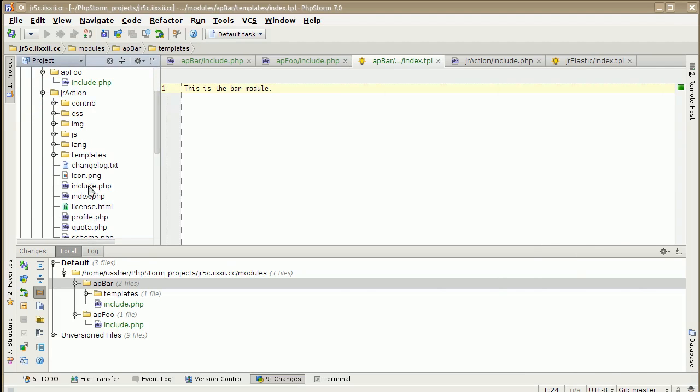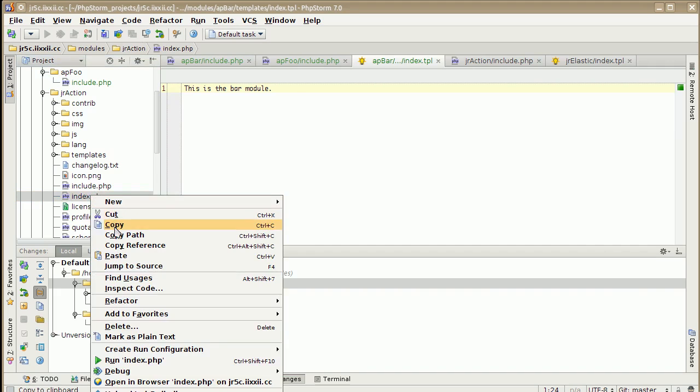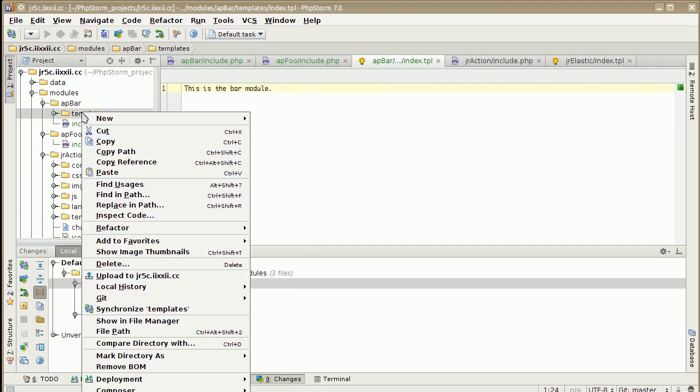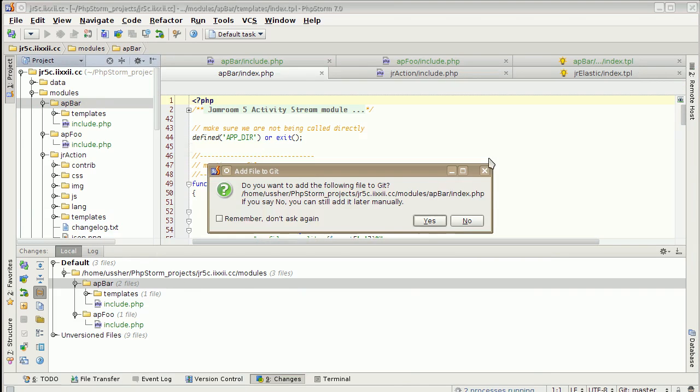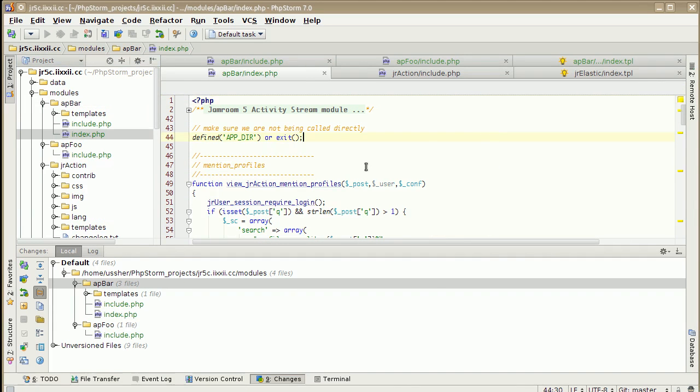So we'll grab the structure from somewhere else. Copy. Bar we're looking at. Paste. That'll do. Okay, so that gets our structure. Except we're not JR action and we don't want mention profiles. We are AP bar and we want to take control of